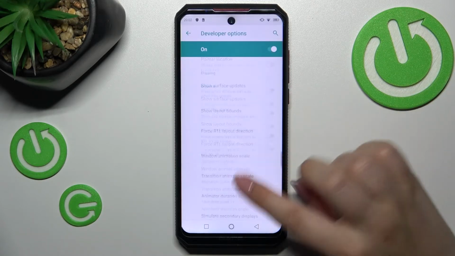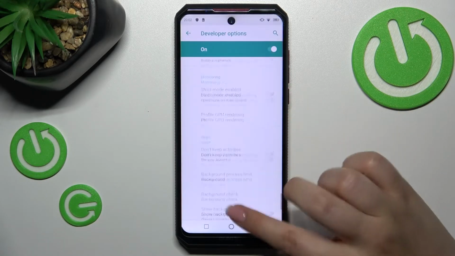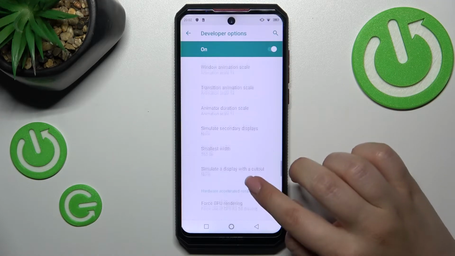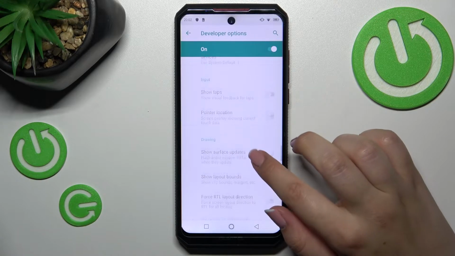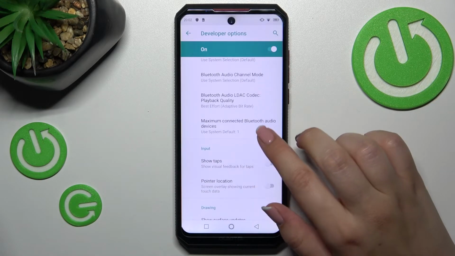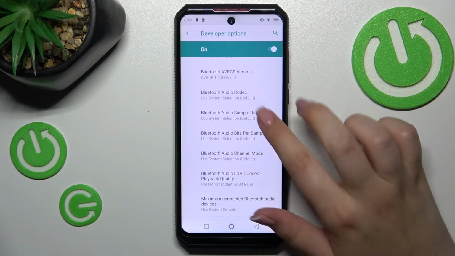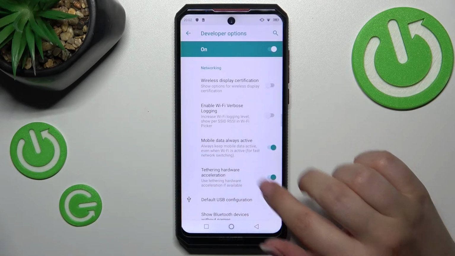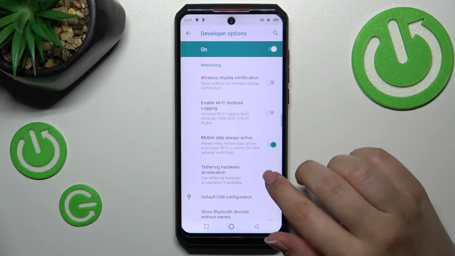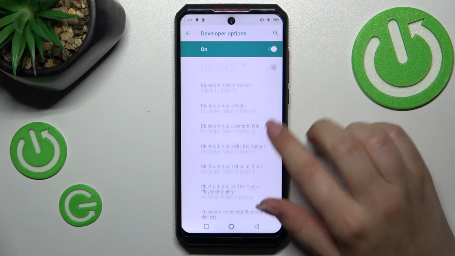And here we've got plenty of advanced settings which we can customize. So for example, we can change the smallest width, we can turn on the surface updates, we can show visual feedback for taps. Here we've got some options which are connected to Bluetooth and overall to the networking. As you can see, we've got the USB options and the Wi-Fi options, so plenty of options to choose from